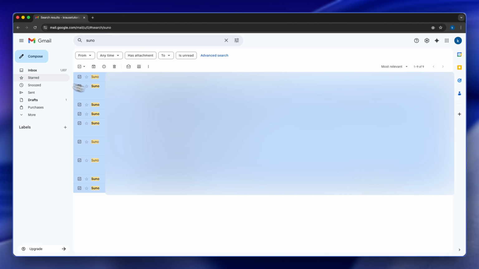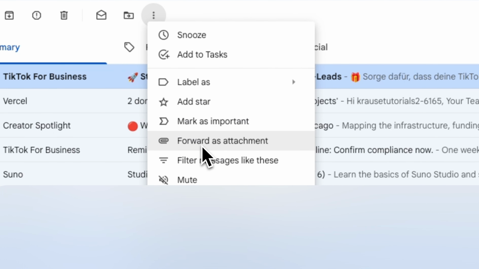Or you can go to inbox, select the emails that you want to forward individually, click here, still forward as attachment. Now that's how you bulk forward emails in